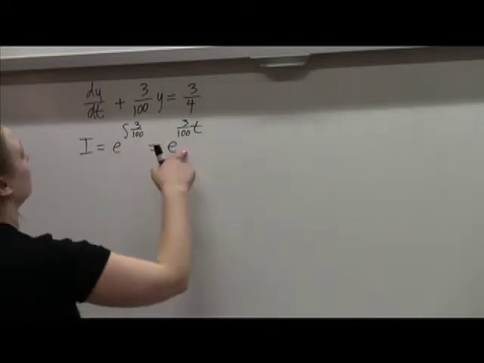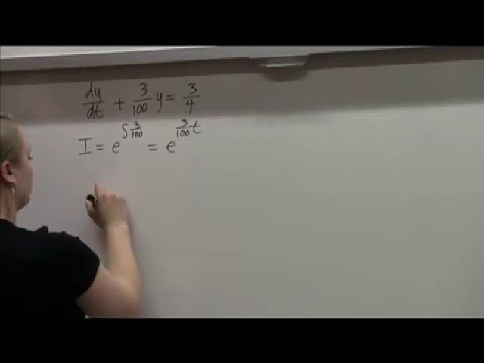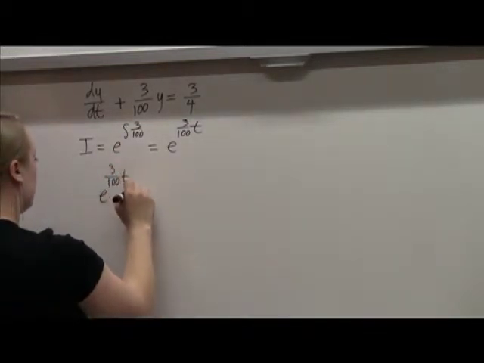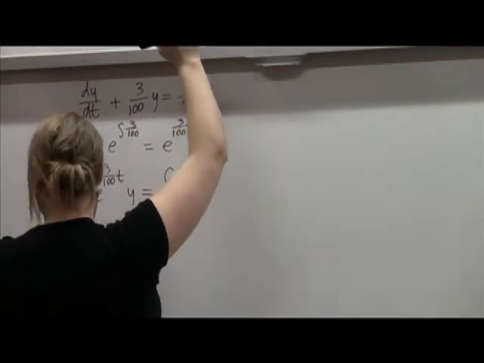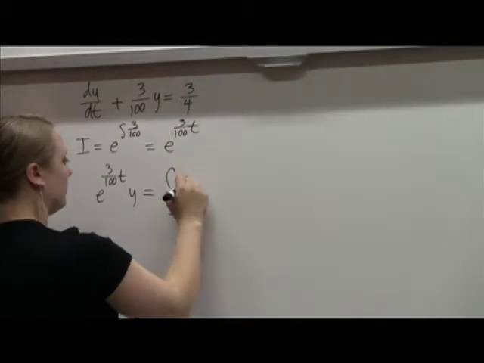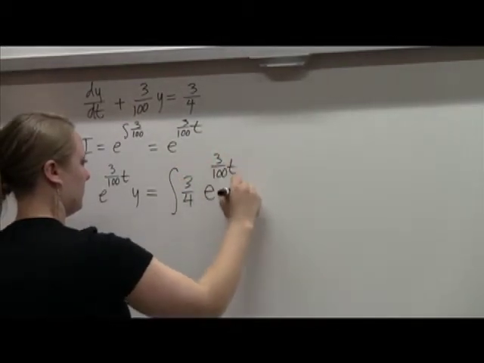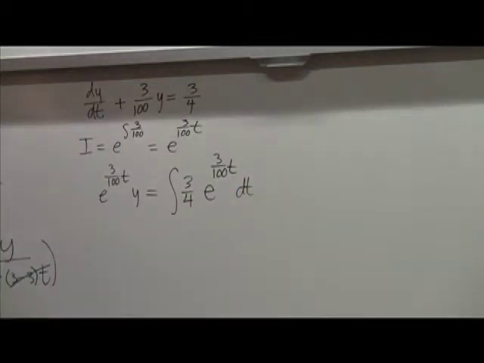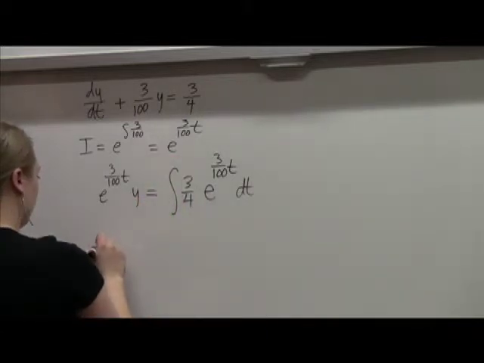Okay, this is my integrating factor. Now notice it says use integrating factor times y. So I have my integrating factor times my y equals the integral of I times q. Q in this case is 3 over 4. So far, so good? Great. So then when I integrate this,